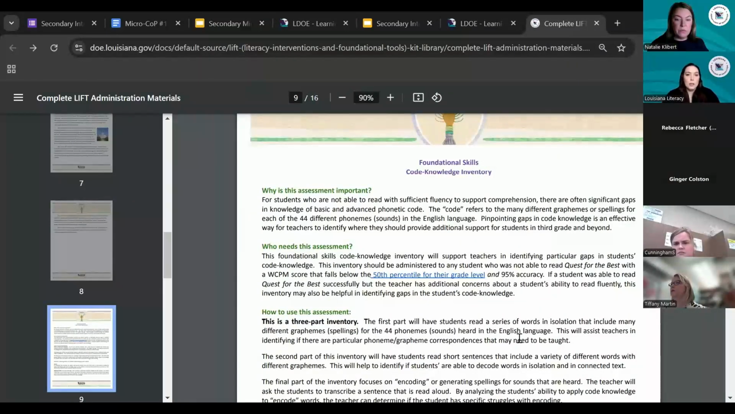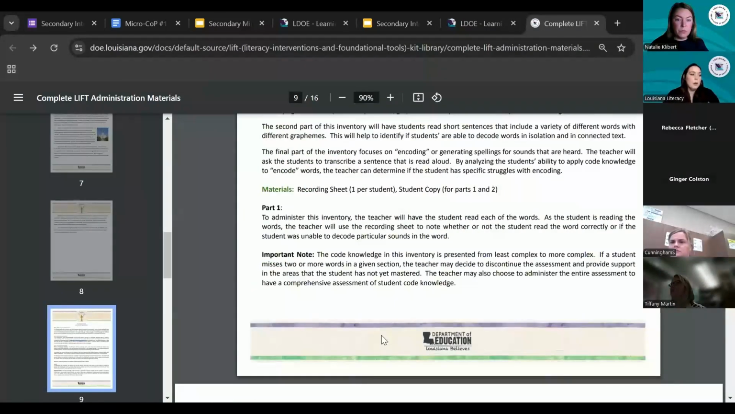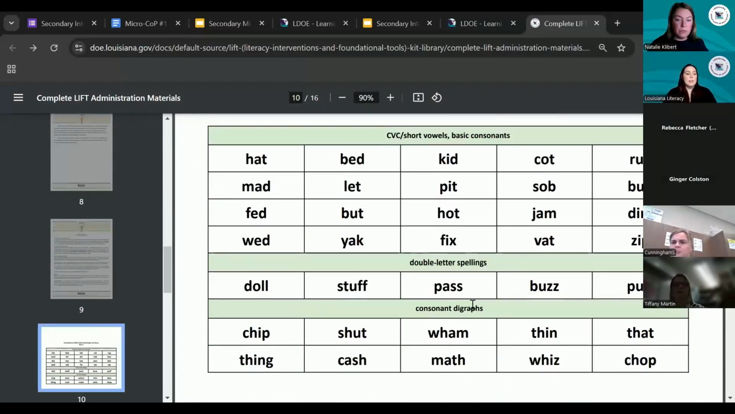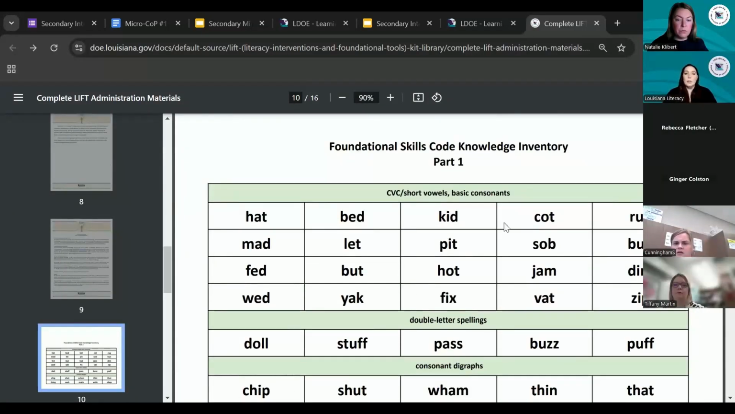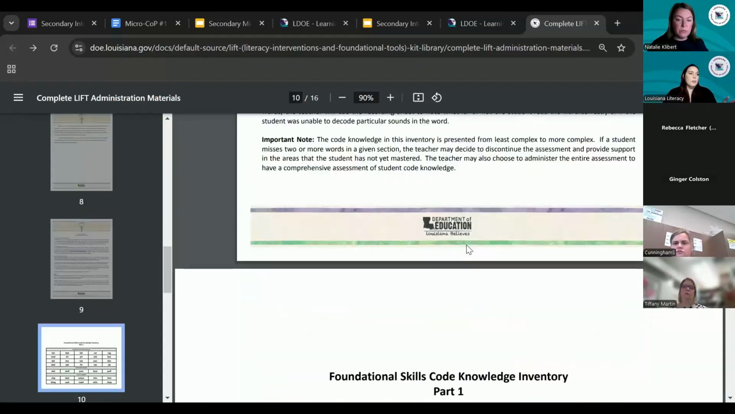This is the code knowledge inventory. It talks about what this assesses, so the different components of like phonemic awareness and phonics. It talks about who needs this assessment and what's in there. It's a 3-part inventory. And then you'll see a bunch of charts that look like this. This is where students would just go through and read these words across, and then you would make note of any mistakes they made. And that way you can see like up here on the student information packet,